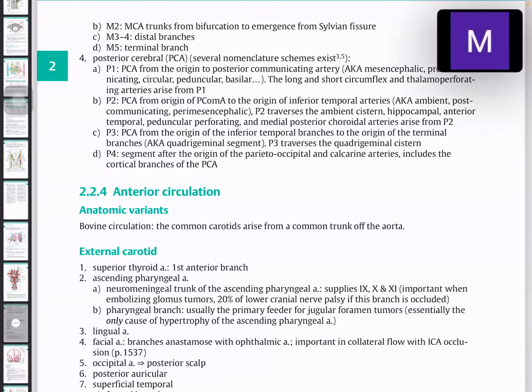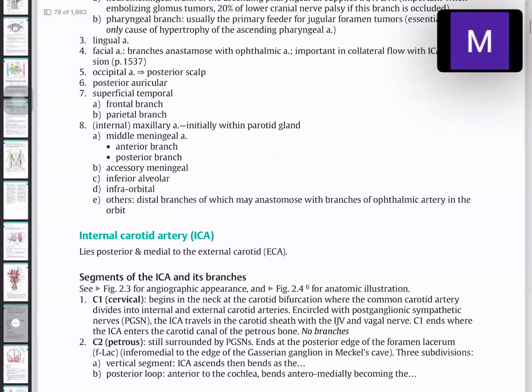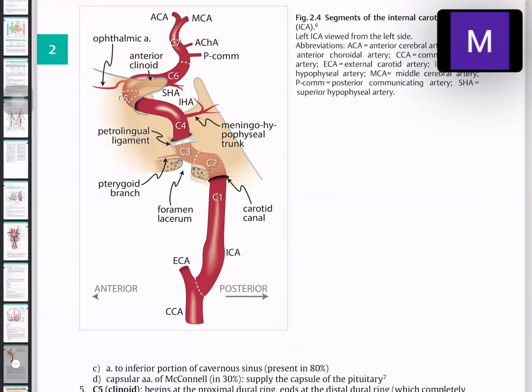So it usually takes, like I said, its origin at the bifurcation of the common carotid artery, usually at the level of C3, C4, or C4, C5. So it varies. At its origin, it bulges to form what we call the carotid sinus, which is usually very sensitive to baroreceptors. While it goes superiorly, it passes through the carotid sheath, and usually it is accompanied by